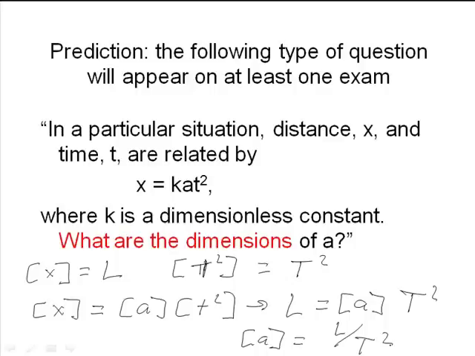Now, I made a prediction that you'll have a problem of this type. It is possible that the problem could run the other way around. In other words, you may be asked whether or not an equation is correct, or could be correct based on dimensions, where you have to look at the dimensions of both sides of the equation and make sure they agree. Remember, the dimensions on both sides of an equation have to always be the same, and anytime you're adding two things together, they have to have the same dimensions. That's not true when you multiply or divide. You can multiply and divide things of different dimensions. But if you add them, subtract them, or put them opposite each other on an equal sign, they must have the same dimensions.